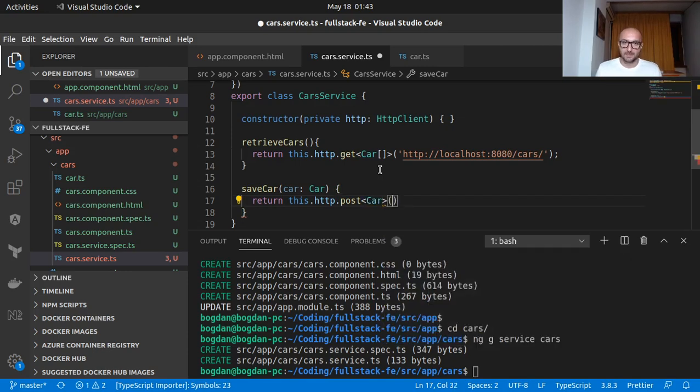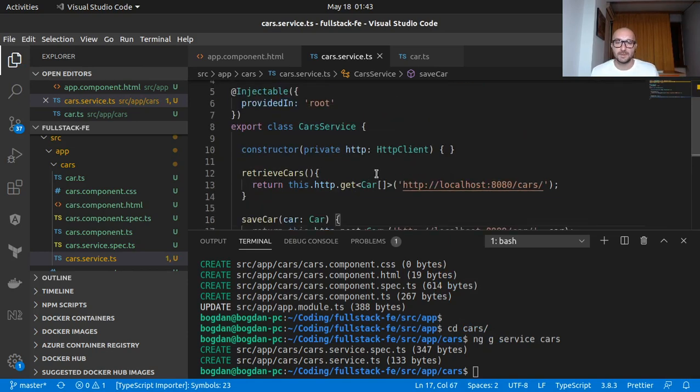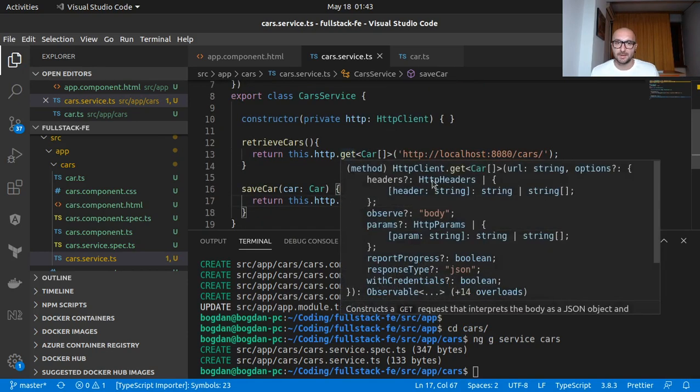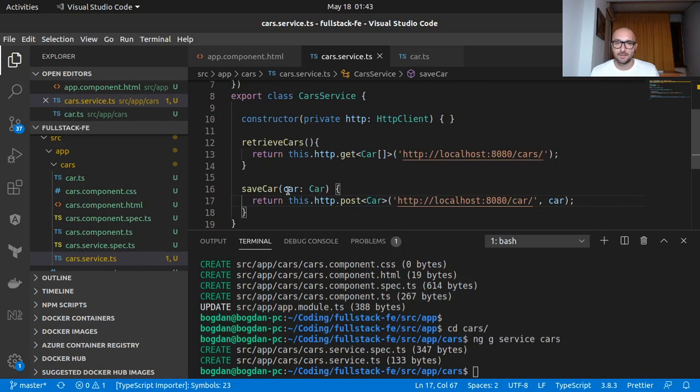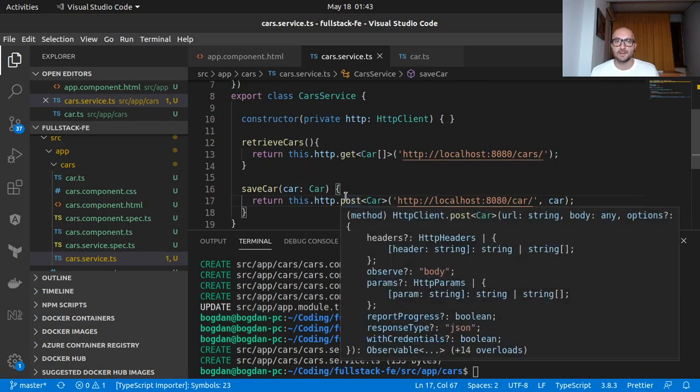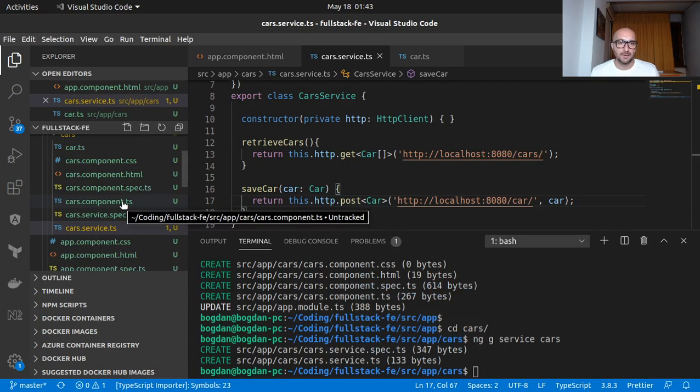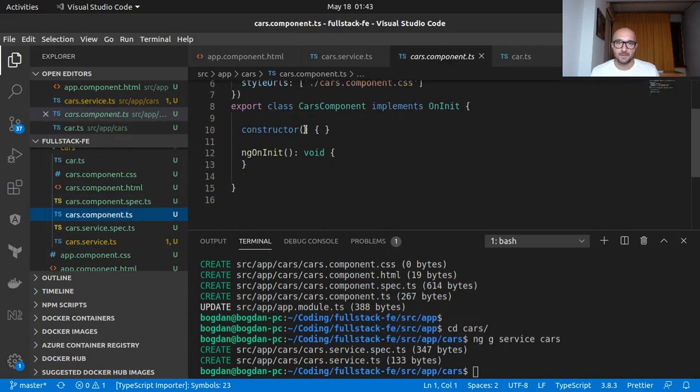Post an object of type car. Here actually, and pass the car object. Okay, so these should be our two methods for the service. So we just make a get and a post request to our URL, and for the post we also send the car object. So having that done, we can go ahead and